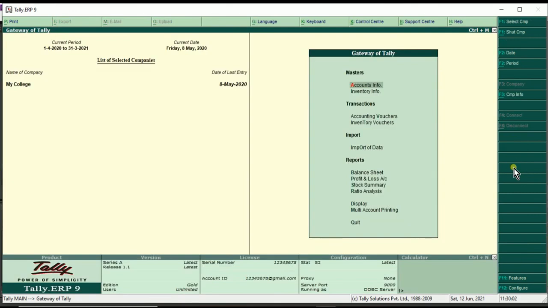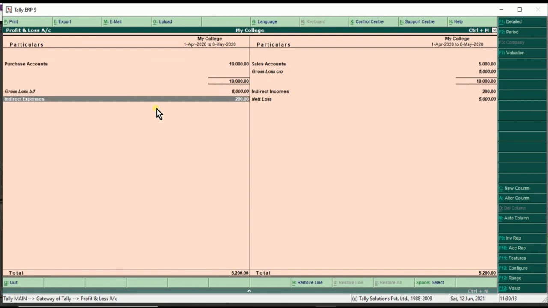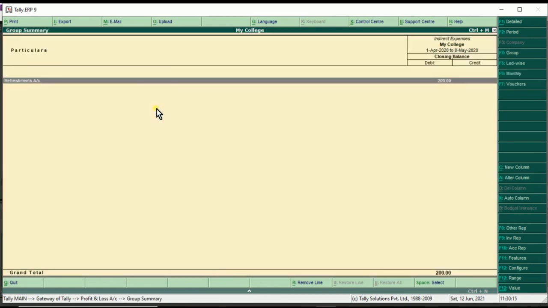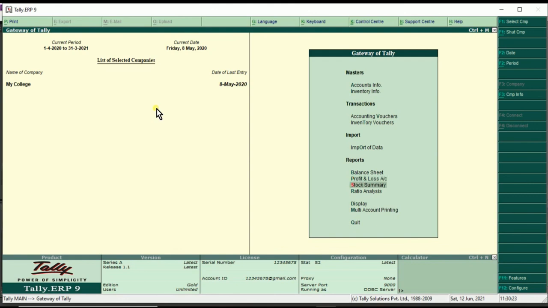Now we will move to profit and loss account. And just see, it's not affected. Now there is refreshment of only 200. That means the memo voucher will not affect the accounts. Then where it will go? So we will see in the display,